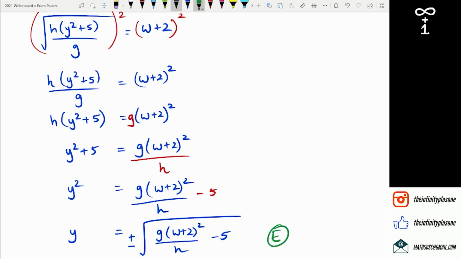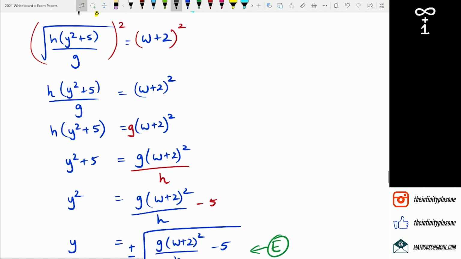Grades wise, we're looking at an excellence for this. For merit and achieved, there's like 4 things you can actually do. And if you do 2 of them, you get a merit. And if you do 1 of them, you get an achieved. All right. So what are some of these? Consistently rearranging square root. Rearranging the squared. Rearranging G and H, so if you move G and H correctly,